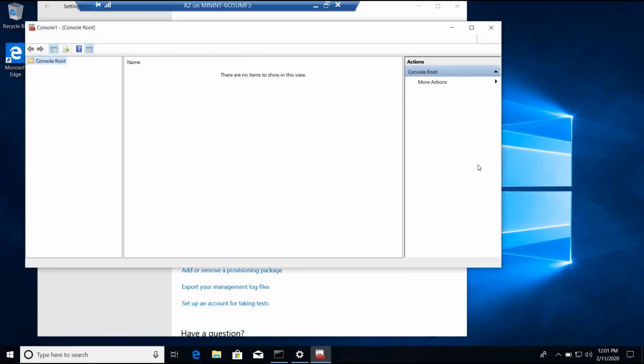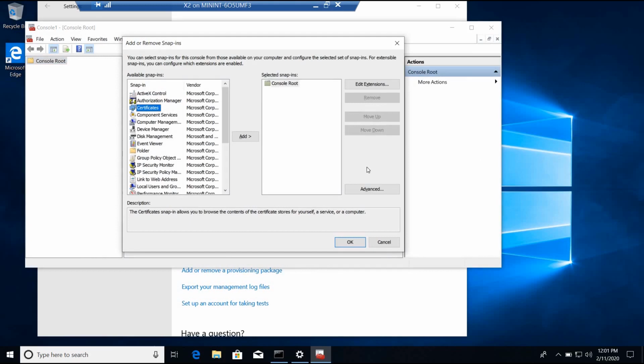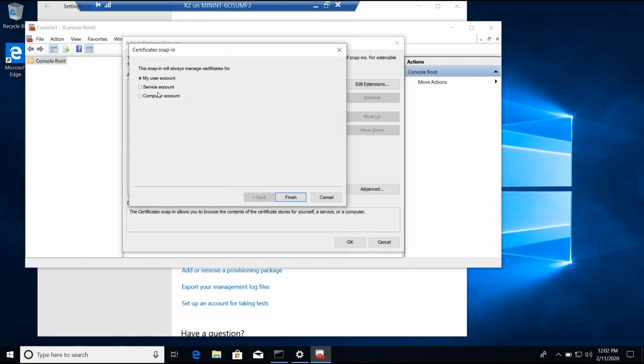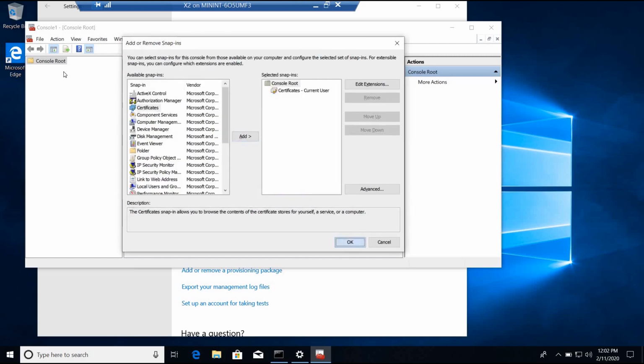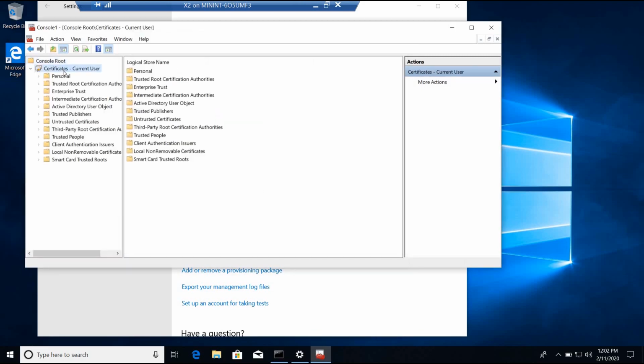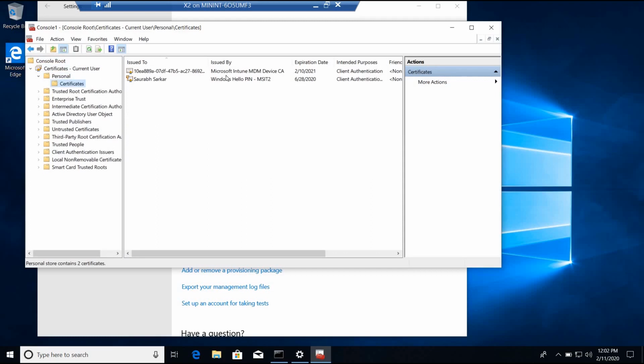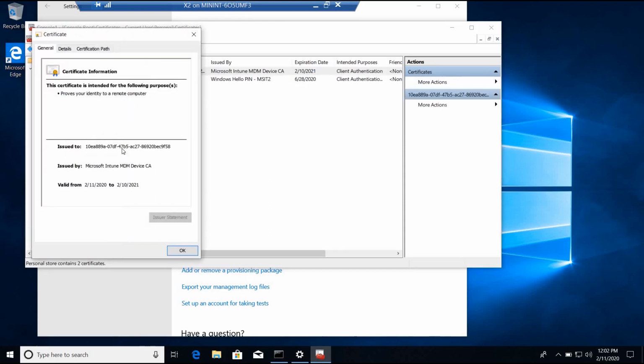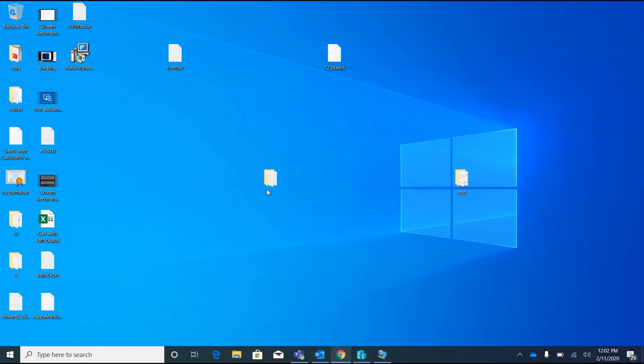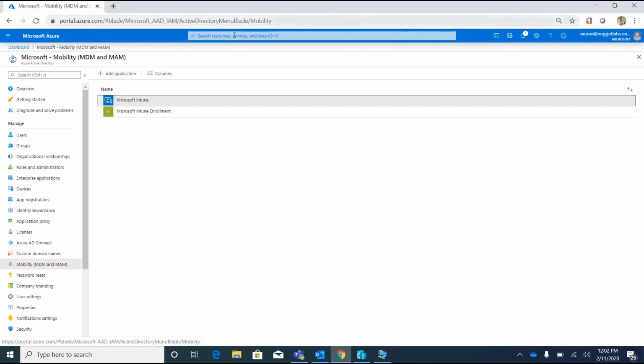So first I'm going to show you guys the certificate. If I go into the current user personal certificates, you can see that it has received a certificate from Microsoft Intune MDM device CA. This is our CA which issues a certificate to a device which is enrolled to Intune. Okay, one more interesting thing, let me just go back to the portal